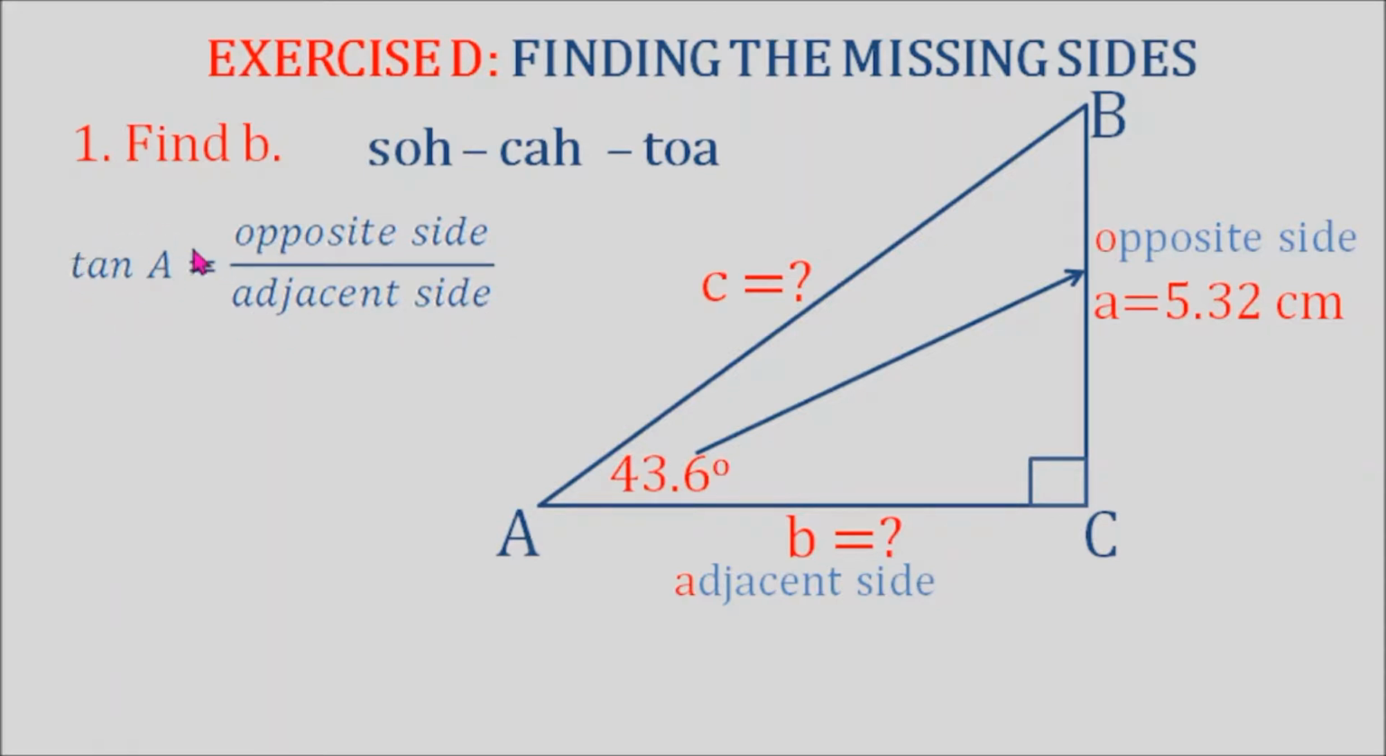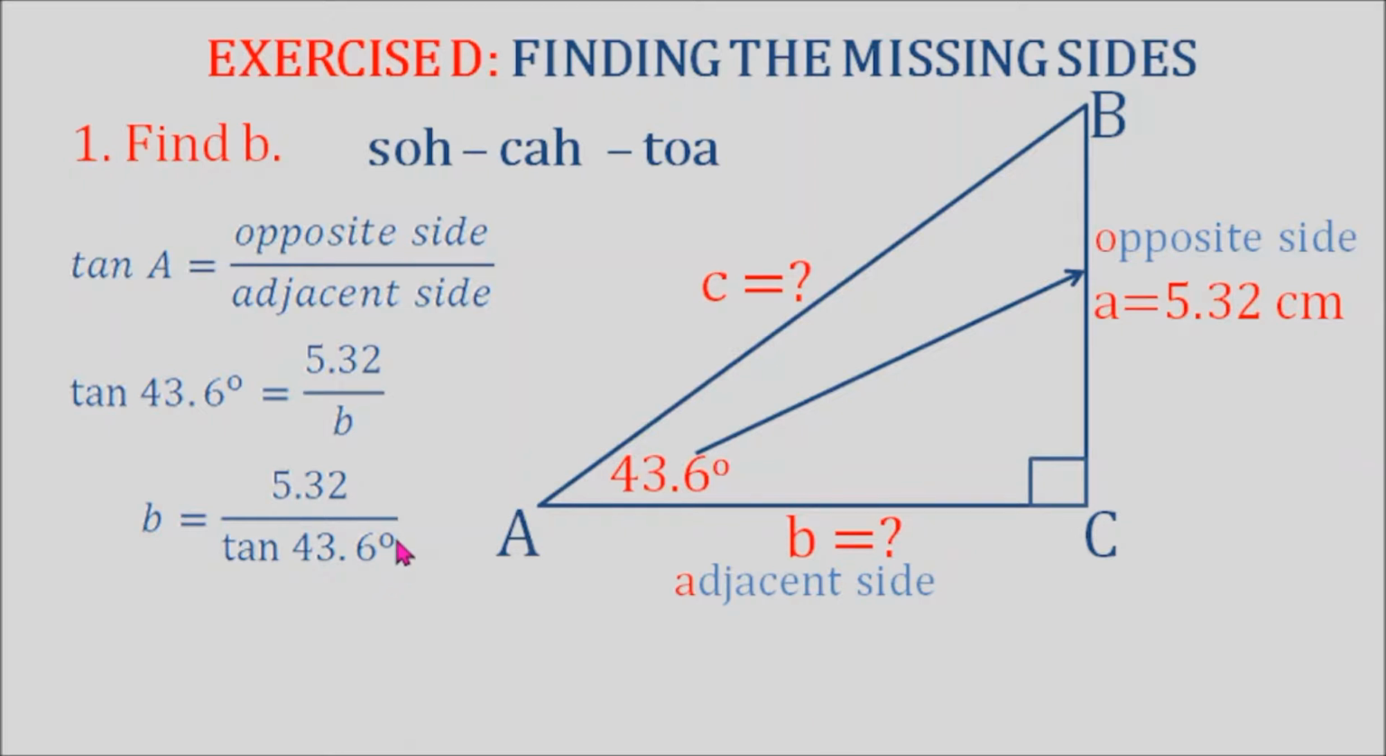Now we are going to substitute. Angle A is 43.6 degrees. Opposite side equals 5.32, and then adjacent side is letter B. This is the side that we are going to find. We have this equation. Tan 43.6 degrees equals 5.32 over B. To find B, we can switch tan 43.6 and B. That gives us B equals 5.32 over tan